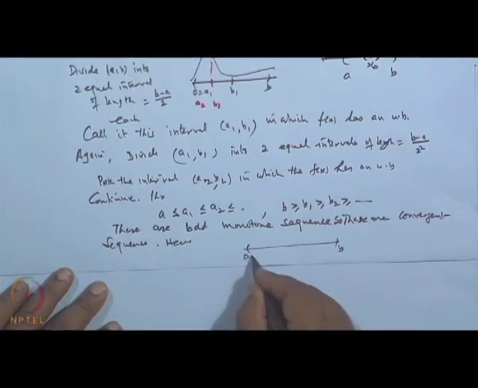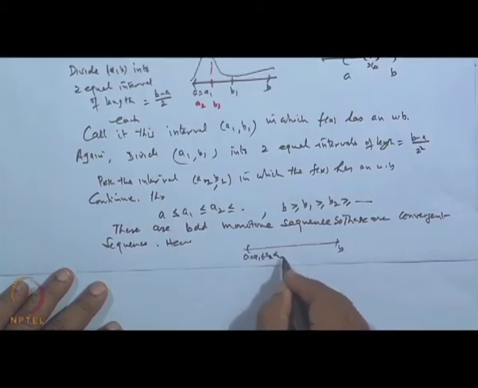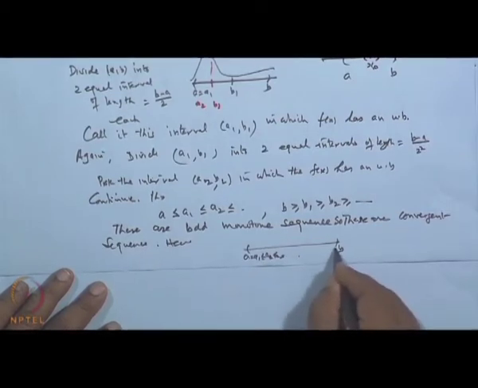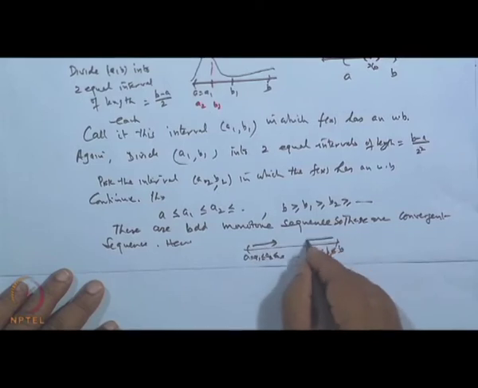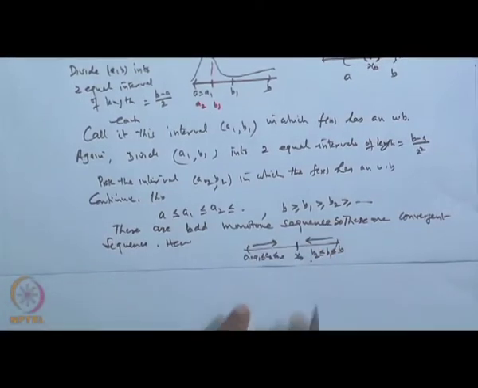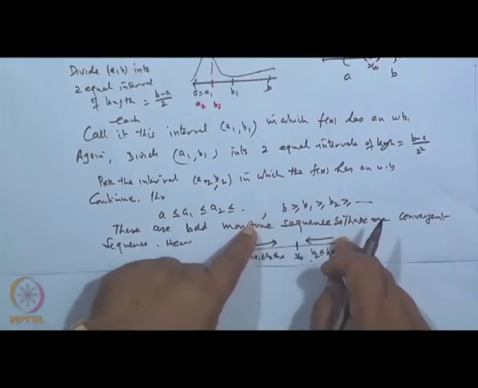So, a1 ≤ a2 ≤ a3 ≤ ... ≤ an, and b1 > b2 > b3 and so on. So, an will go this side, bn will go this side. So, a point x naught can be obtained where the limit of these will coincide. Why? Because at the nth